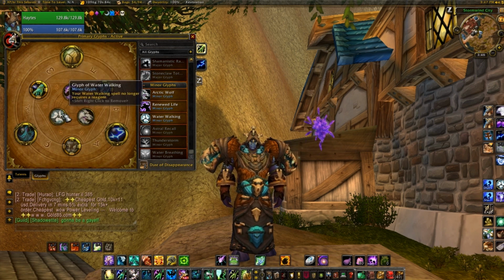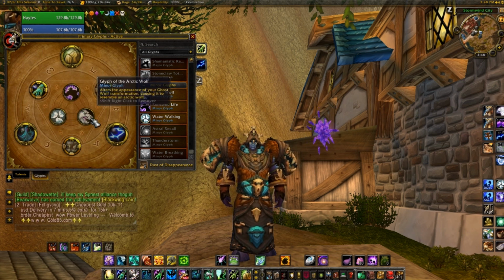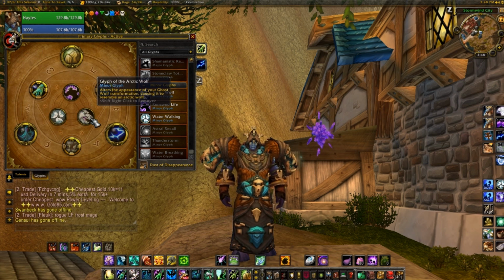Next one I personally choose is the Glyph of Water Walking, because occasionally I do need it. It doesn't need a reagent, as most of you know. And the third and final one I choose is the Glyph of Arctic Wolf, which whenever you transform into your ghost wolf form,